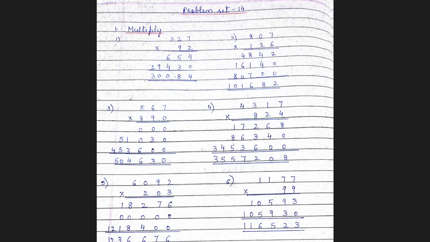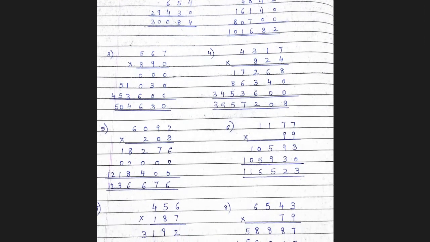to multiply. Okay. Now, I have solved all these sums. You need to go through it and understand. I'll explain to you question number 5. Since it's got 2 zeros in both the numbers, pay attention. Question number 5. 6092 multiplied by 203. 3 into 2, 6. 3 into 9, 27. So I'll write 7 carry over 2. 2 is on top of 0. 3 into 0, 0 plus 2, 2. 3 into 6, 18. 0 into 2, 0.